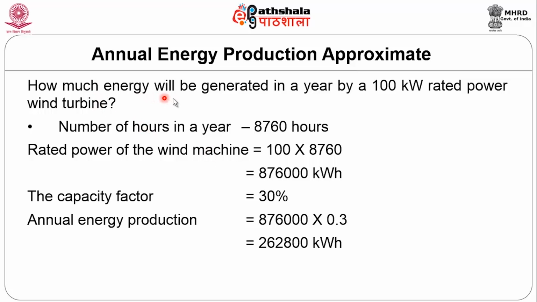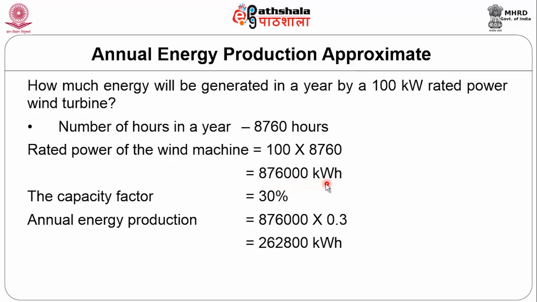How much energy will be generated in a year by a 100 kilowatt rated power wind turbine? It is an interesting question. So, for this 100 kilowatt wind turbine, how much energy could it generate in 1 year? The number of hours in a year is 8760 hours, and the rated power of the wind turbine is 100 kilowatt, so 100 times 8760,